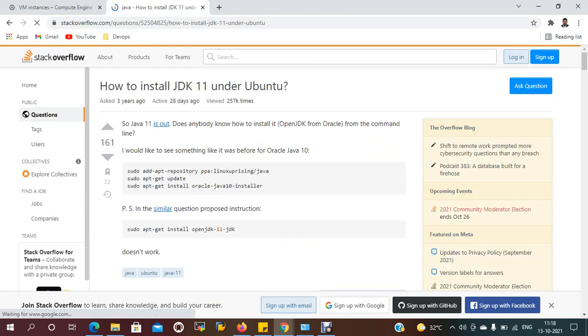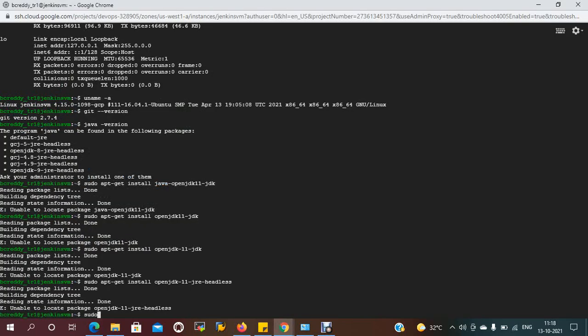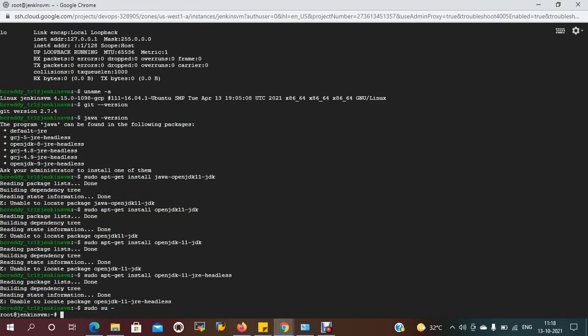So it's saying openjdk 11 jdk, correct only. Let me switch to the root user and try to install. Currently I am in the root user.